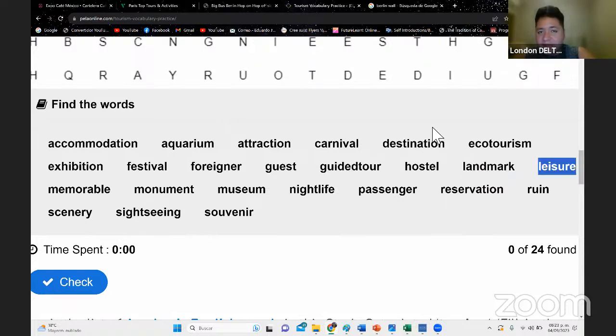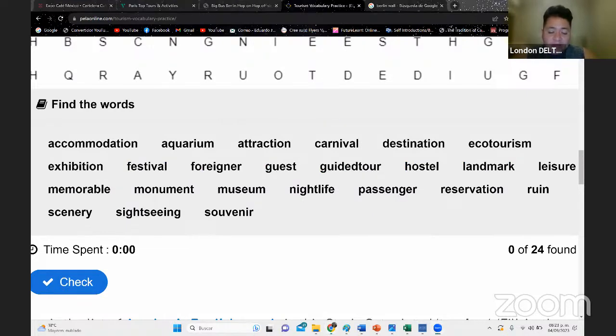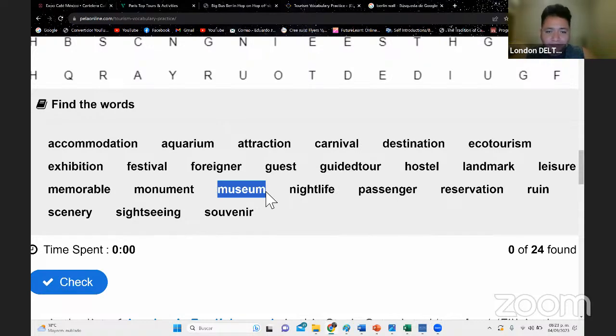Leisure means fun, right? Leisure means fun, diversión, entretenimiento. So you will say leisure activities, actividades de esparcimiento, actividades de entretenimiento. Okay, memorable. So memorable, you see we have this adjective, nosotros entendemos porque igual es en español. But it comes from memory, and the suffix that we were seeing all class last week, prefixes and suffixes. So we have able, memorable, so it means that you can remember. Okay, monument, museum, museums, right? Check just the pronunciation, museum. Okay, nightlife,